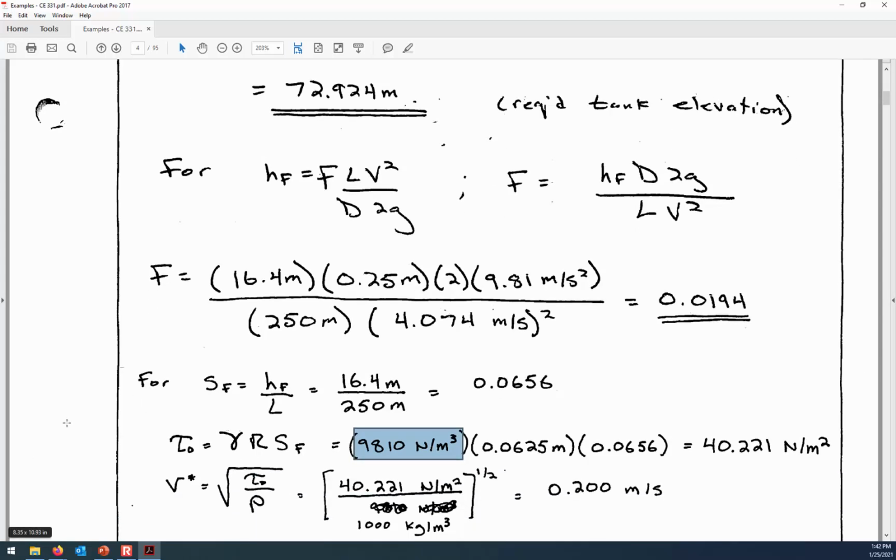We can use that to determine the shear velocity. Okay, so for the shear velocity, it looks like at first I wrote the wrong thing and crossed that out. Density is 1,000 kilograms per cubic meter. So the shear velocity is 0.2 meters per second. And now we put that and everything before it